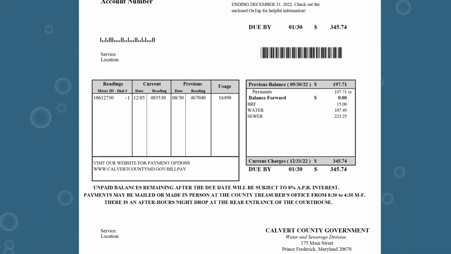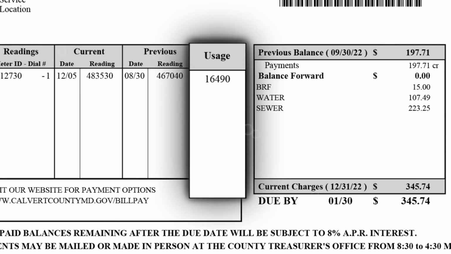You can find the amount in gallons your location is used by referring back to the usage part of your bill. You can learn even more on the official Calvert County website,